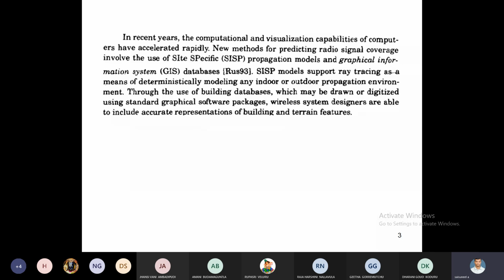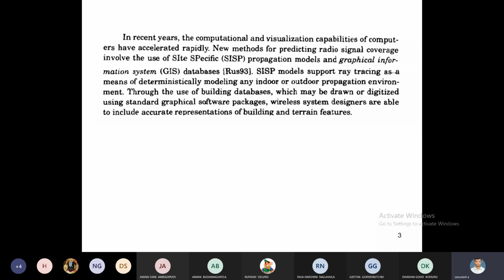Many simulation tools are available for every signal processing topic, for VLSI, for embedded systems, whatever it may be. Many software packages are available for simulation. Before implementation in the hardware, first we go for simulation models. For signal processing, we use MATLAB. In MATLAB, a number of toolboxes are available for simulation purposes. Once it is successful, the same can be implemented in a practical manner.